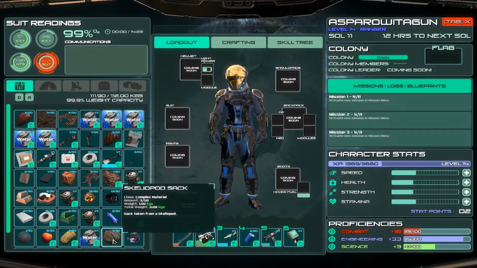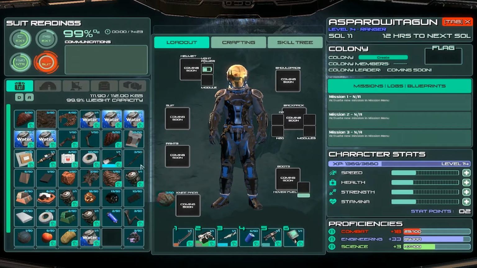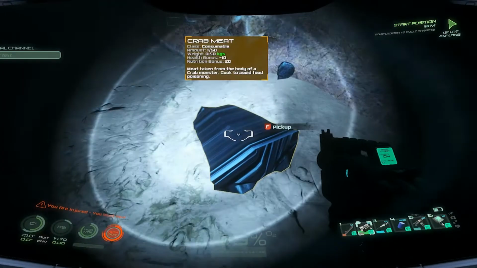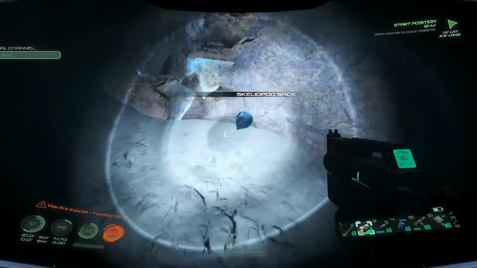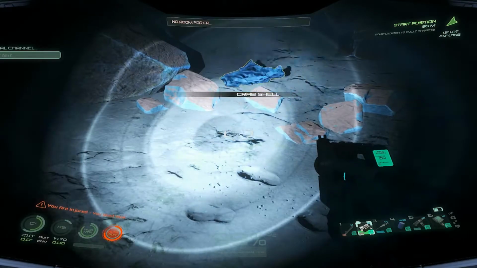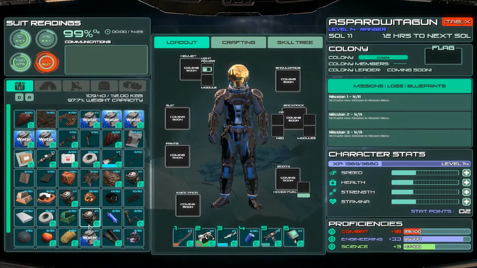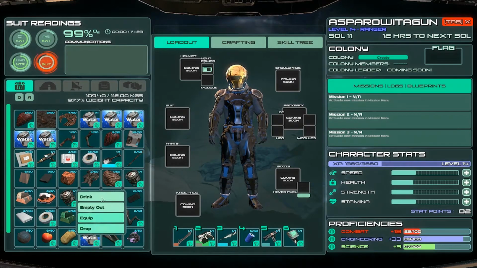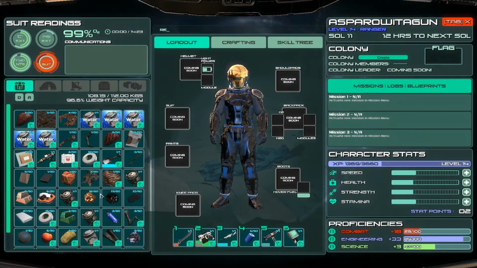Let's get rid of this. Wait, how do I get rid of things? Drop it. There we go. Crab meat. That's the skelepod. Crab shell. I don't know if I need the shell or not. I'm gonna grab it anyway. I don't know what kind of weight this is gonna do, but...